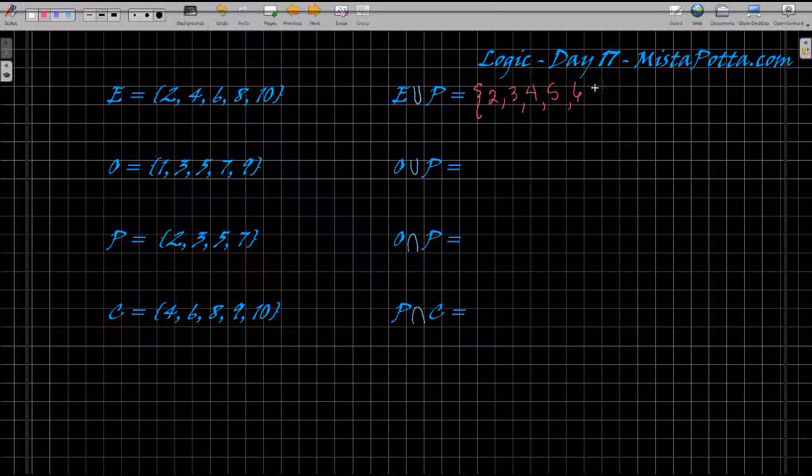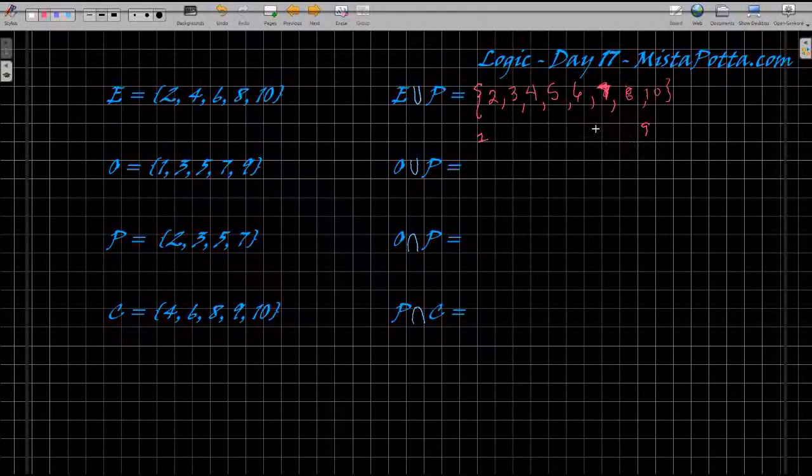6 is in E. 8 is in both. 7 is in P. 8 is in E. And 10 is in E. Notice the numbers that I'm missing: I'm missing the 1 and I'm missing the 9 because